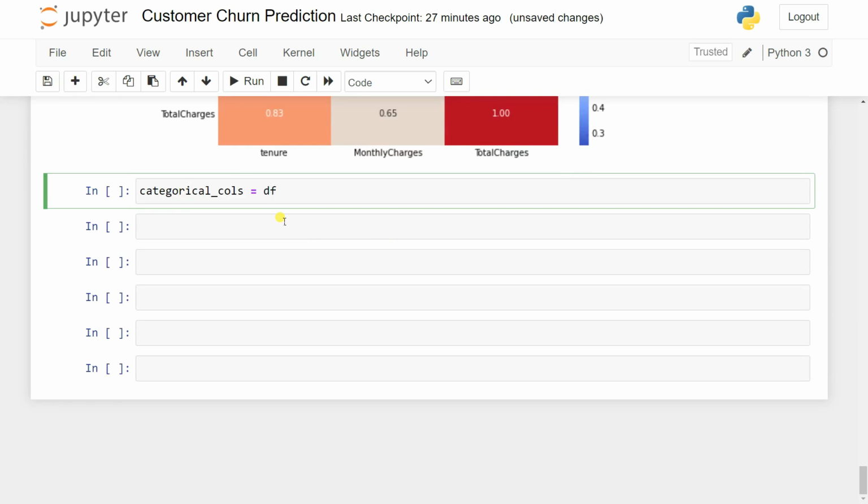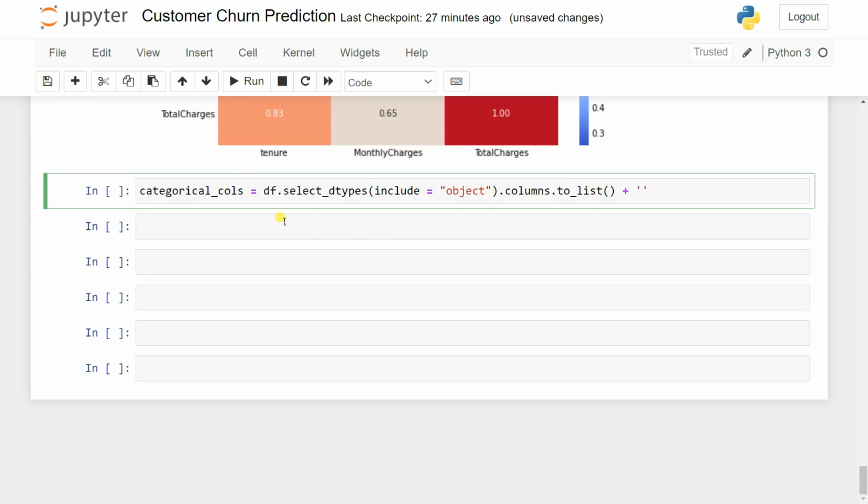So let's say df.select_dtypes, include the objects, and we use columns.tolist(),